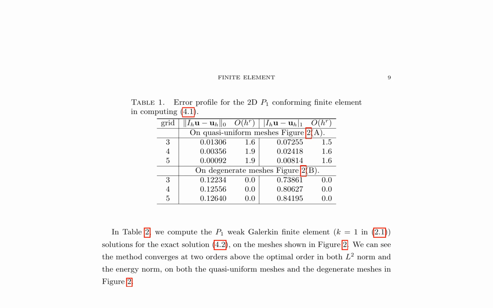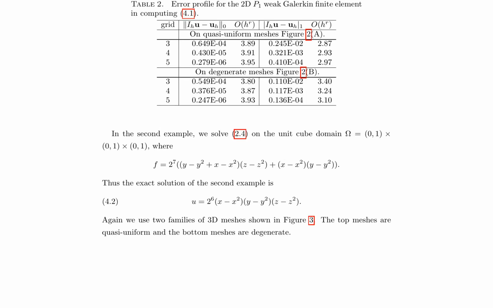In the 2D case, the P1 conforming finite element method exhibits optimal convergence in L2 norm and superconvergence in the H1 seminorm on quasi-uniform meshes, as shown in Table 1. However, when refining the mesh more in one direction, the solutions do not converge at all, indicating a lack of robustness in this method. On the other hand, the P1 weak Galerkin finite element method demonstrates superior performance, achieving 2